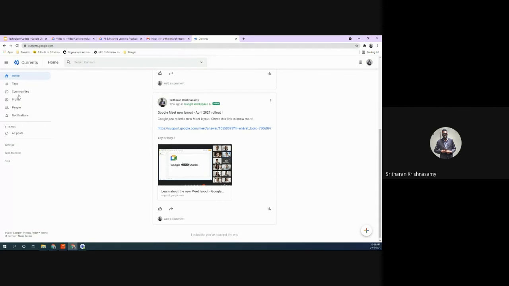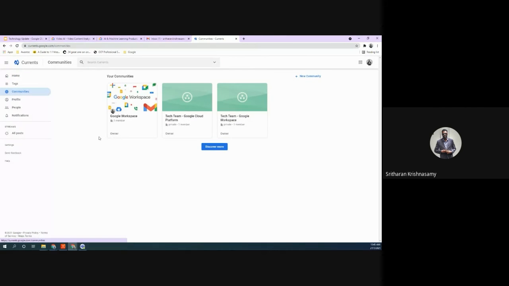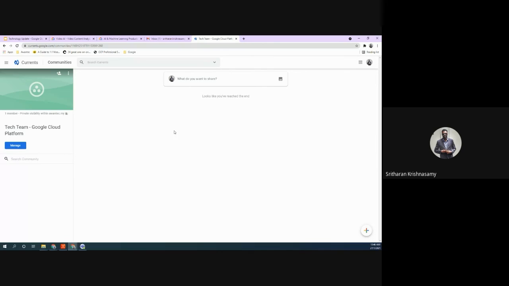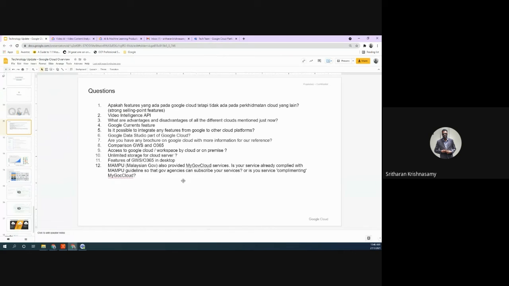And even I can create communities, katakan I nak create satu team for tech team, for example, to talk about Google Cloud Platform, we can create it here, and we can make it private also, and we can invite certain people to that community, or we can make it public to make it available for the whole organization. So there are a lot of ways for you to do that. That is one of the features of Google Cloud, lah, or that is what Google Currents does.